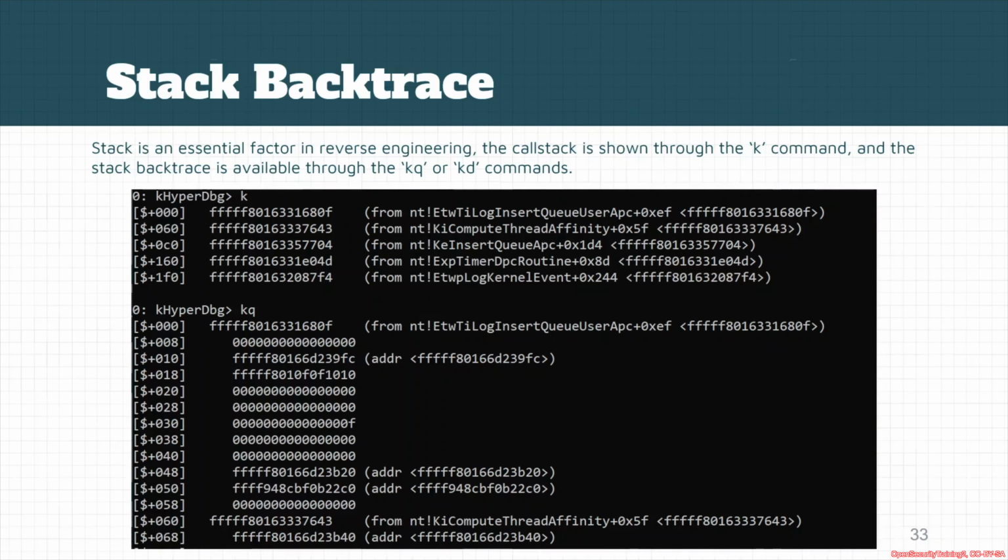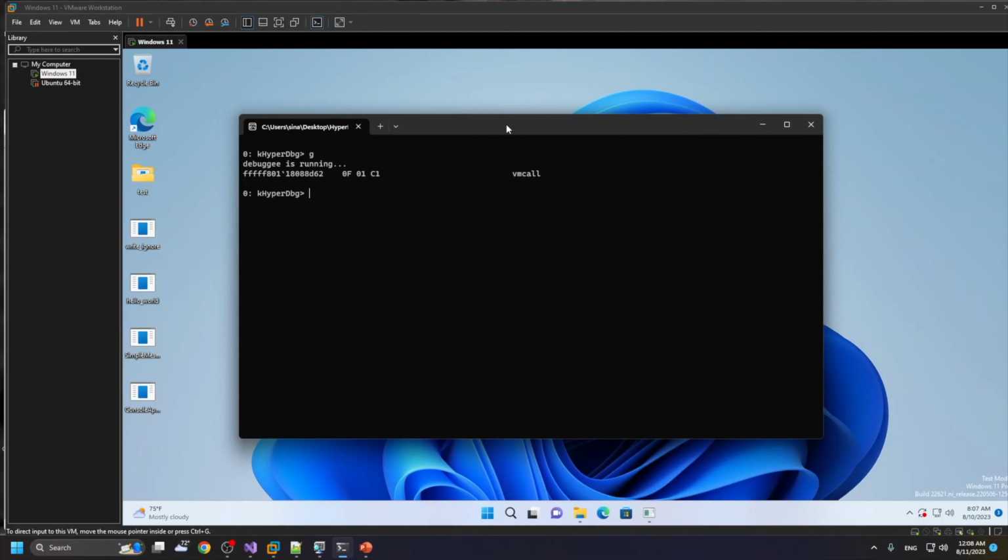has other variants like kq. kq also shows a different stack backtrace in a different way, along with the parameters that are currently on the stack, and will show whether there's a known function based on the symbols on the stack or not. You can easily trace the path that your function is called until reaching the point that we are currently in. Let's see an example of how we can use the call stack command to view the